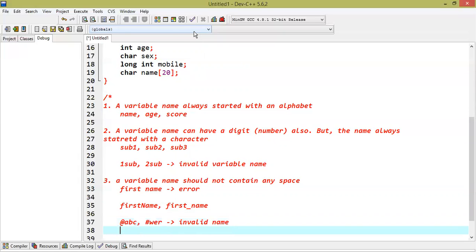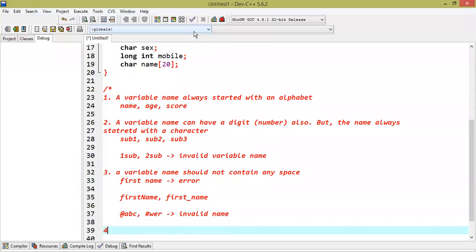Now, the next point regarding variable names: what is the maximum number of characters a name can have? ANSI supports 31 characters as the length of a variable name.